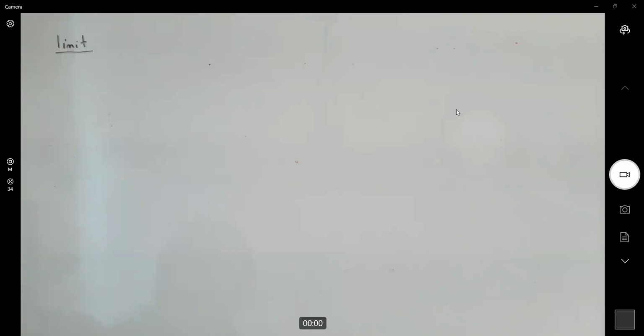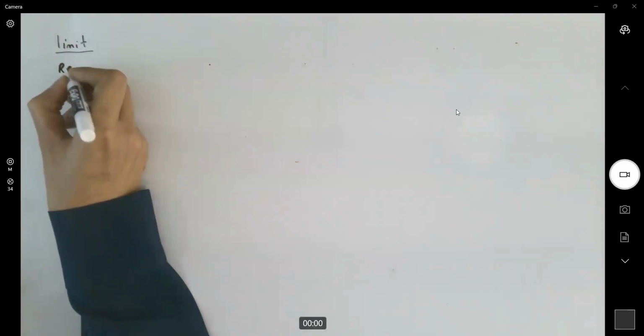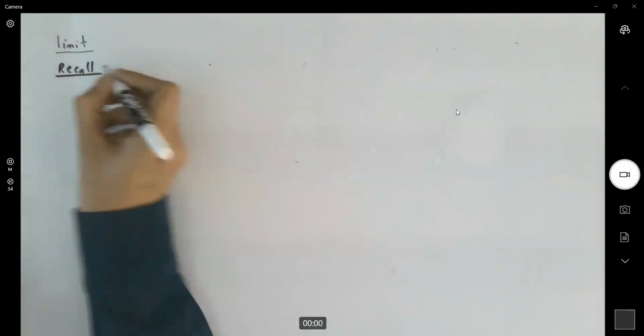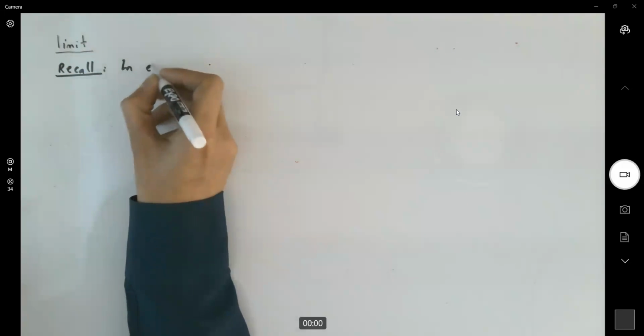We're going to talk about the limit today. So let us review what we learned in elementary calculus. Recall that in elementary calculus,